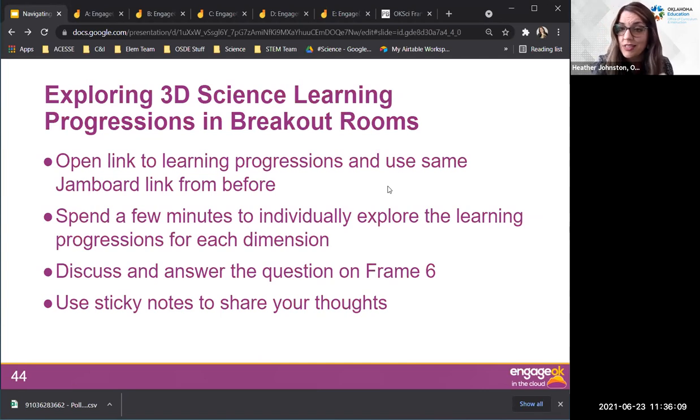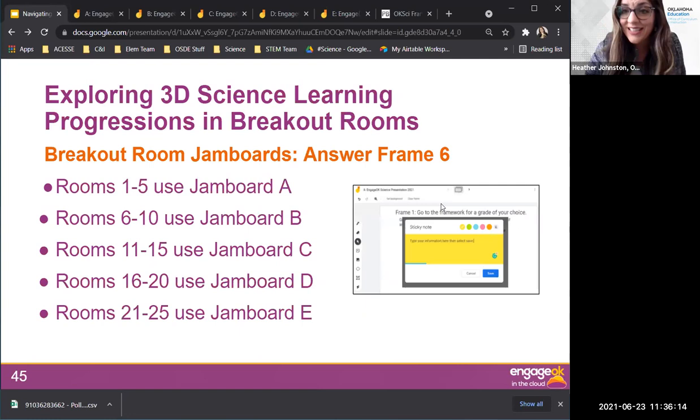And then with the sticky notes, again, you'll just add your thoughts when we get into there. You're going to go back to the same room. So hopefully you're familiar with the people that are in that room. If you have any issues while you're in there, you can call for help. We'll come jump in and join you. We're happy to do so.